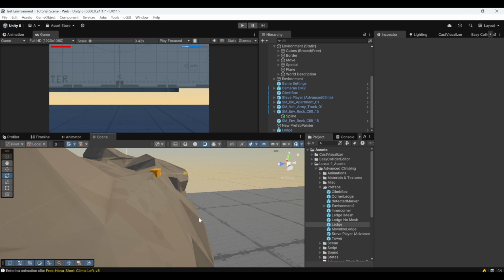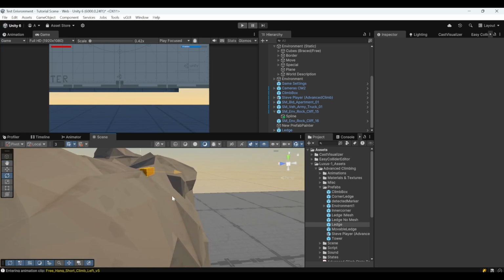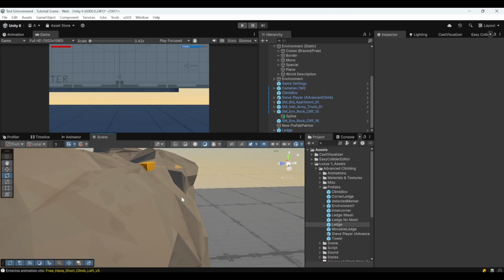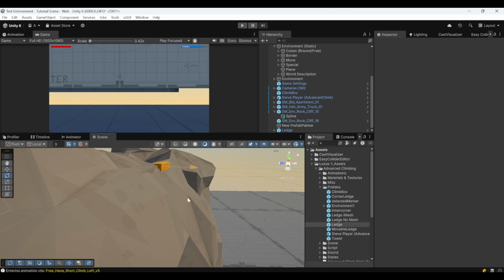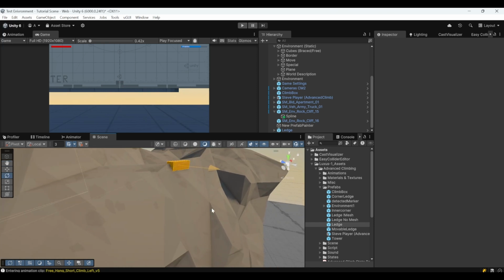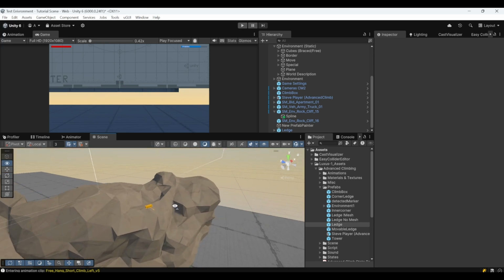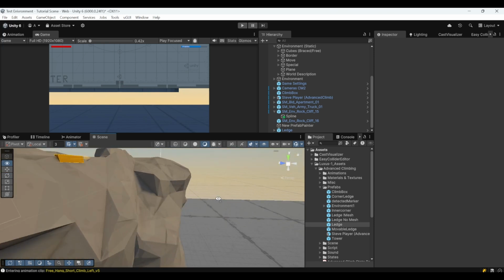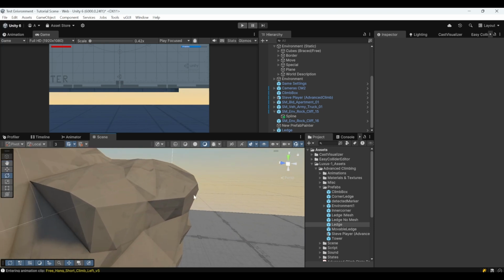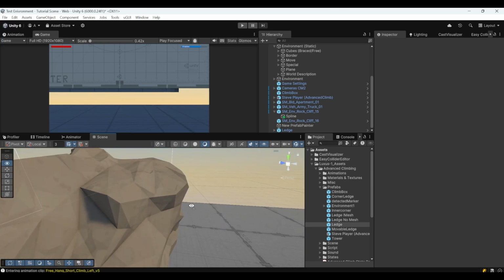This slope here will prevent him, and depending on your settings, the climb state will exit if you are reaching this climb point. So keep in mind that the slope beneath the climb point shouldn't